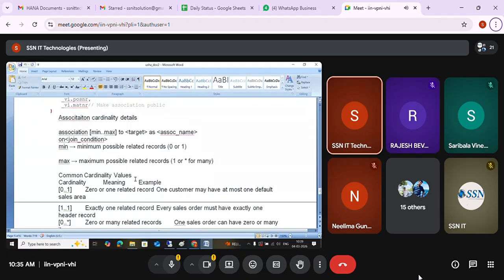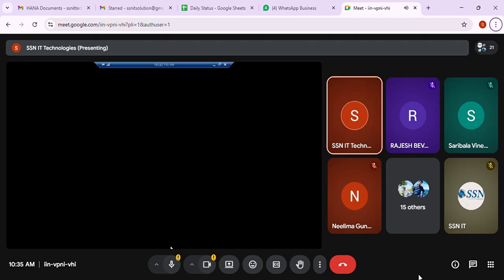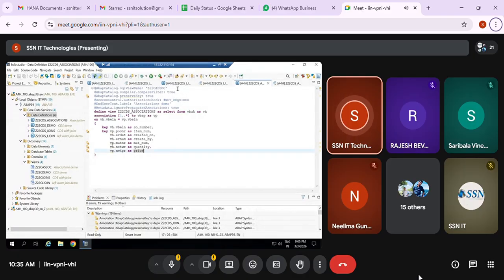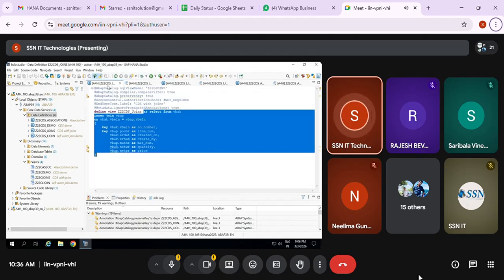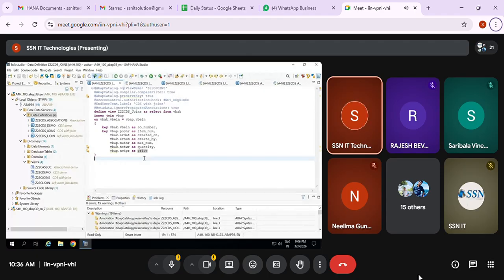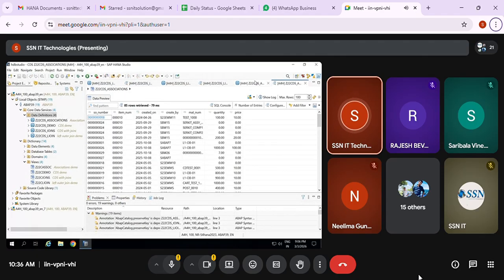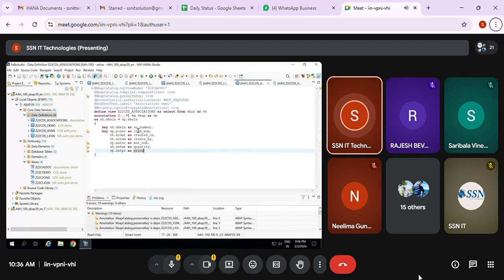That is the first difference. The second difference is that associations are lazy joins; they do not load the entire data. Joins combine both tables and get the entire matching data from both tables. Associations do not do that; they fetch based on the selection.